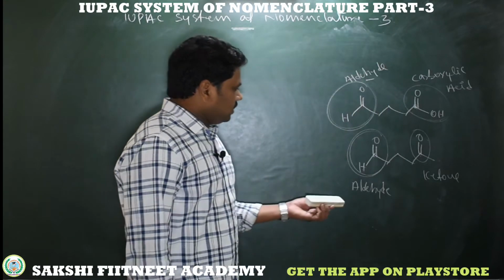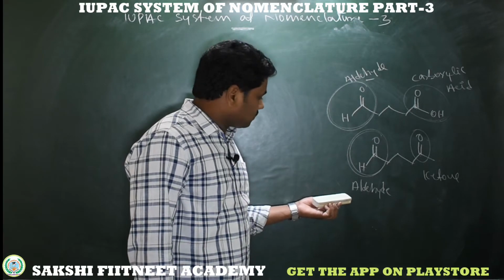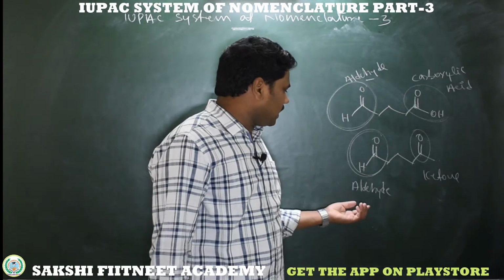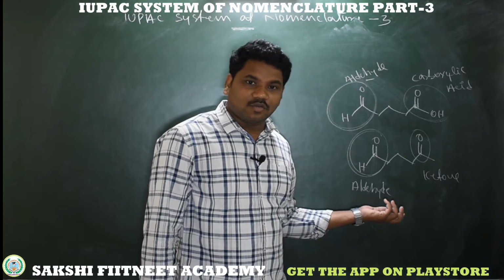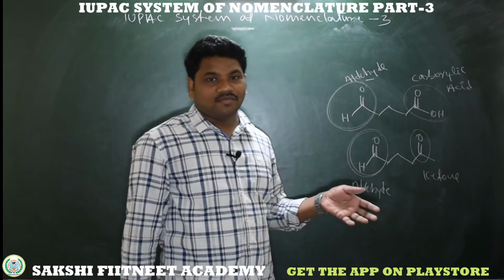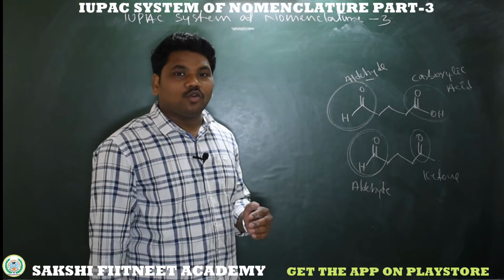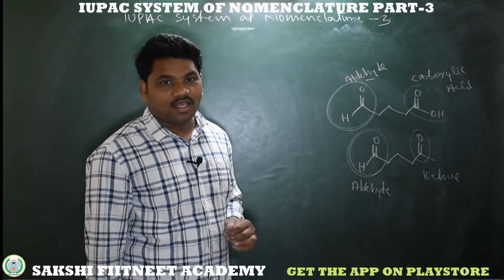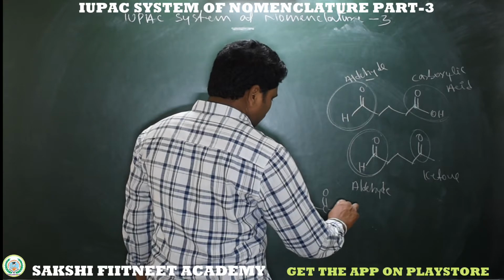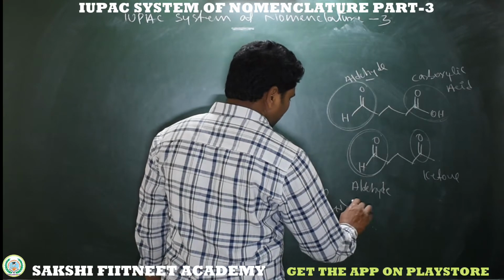So in this molecule we have two functional groups, one is aldehyde, one is ketone. Which functional group should I take as a prefix, which as a suffix? To decide that, we need to know the priority order. In this molecule aldehyde shows more priority than ketone,